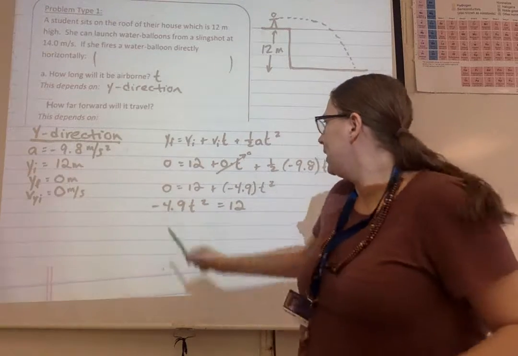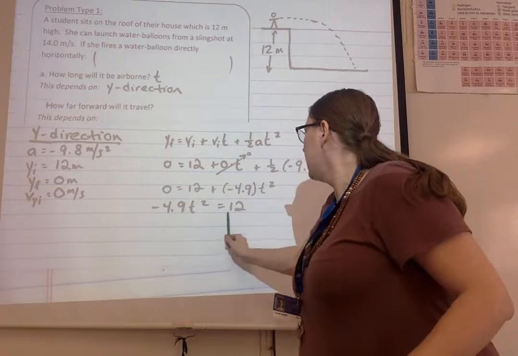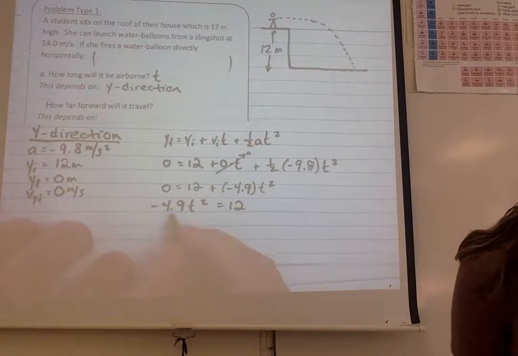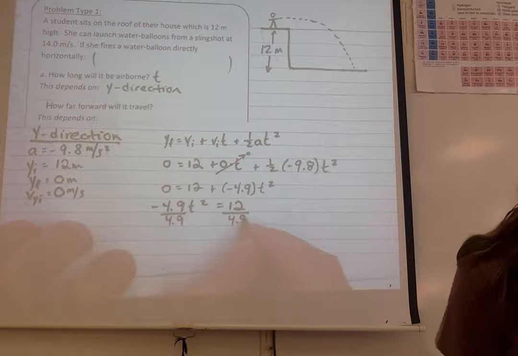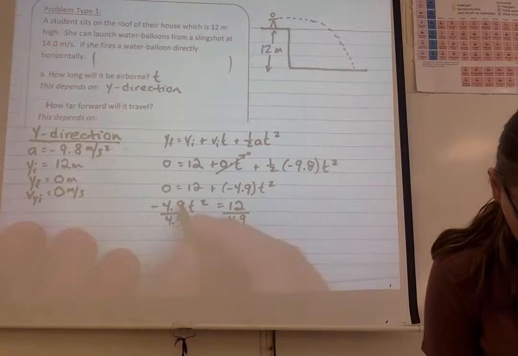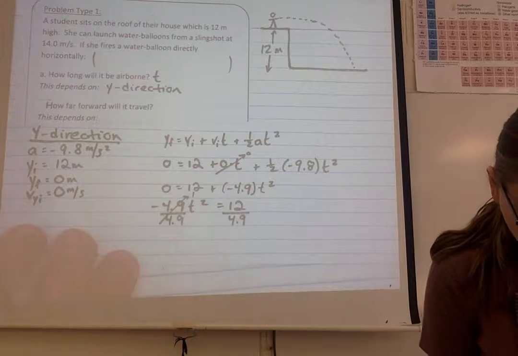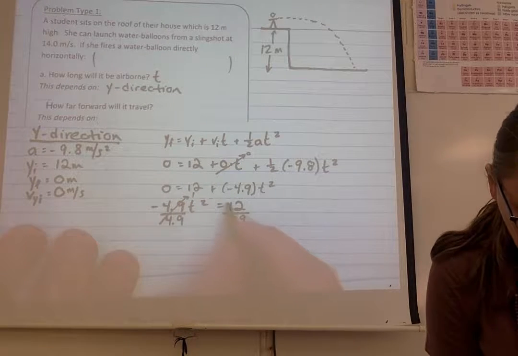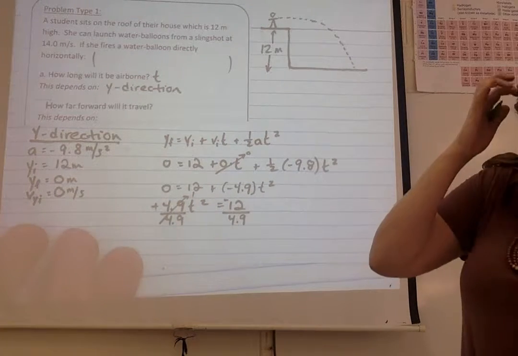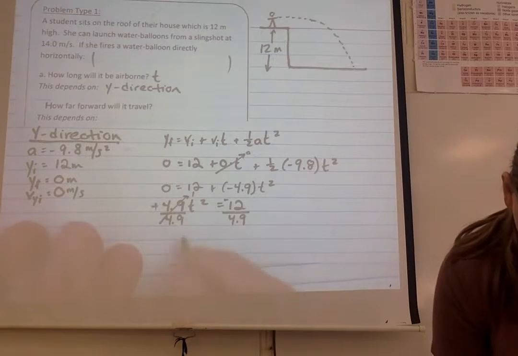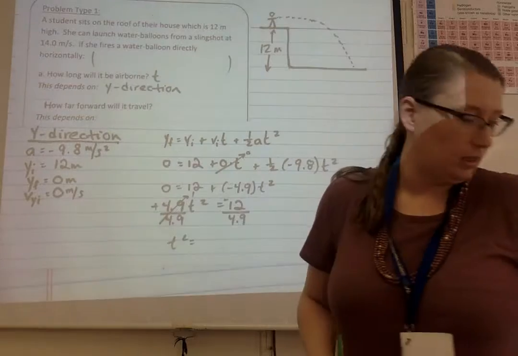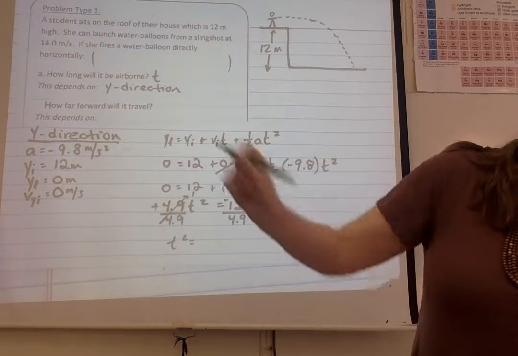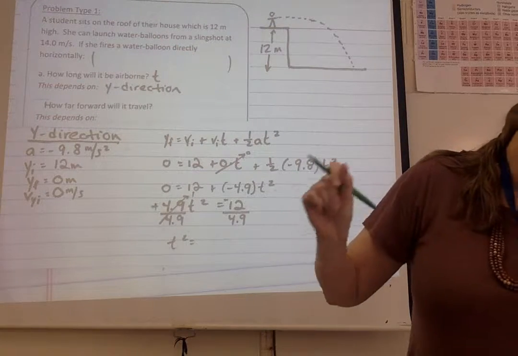Then let's get rid of this pesky 4.9 by dividing both sides by 4.9. So those cancel, they go to 1. Oh, it's negative, so let's put a negative on this side. Let's multiply it by -1, both sides. Good. Now I have t squared is equal to 12 divided by 4.9. Let's get that. This is exciting. So that gives me